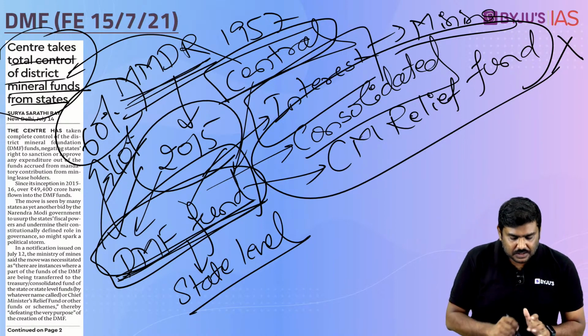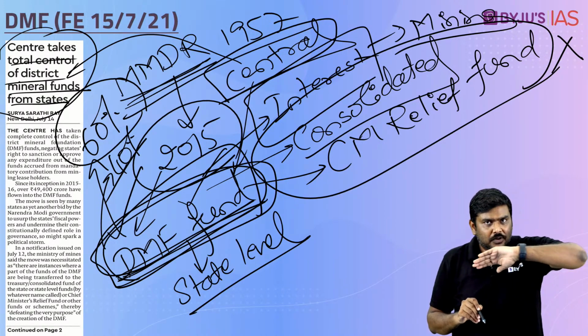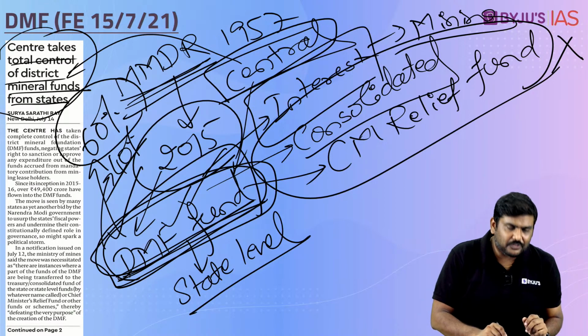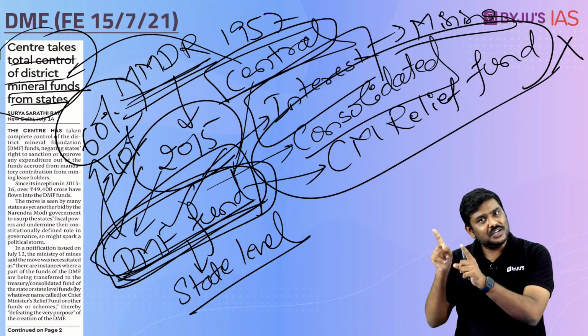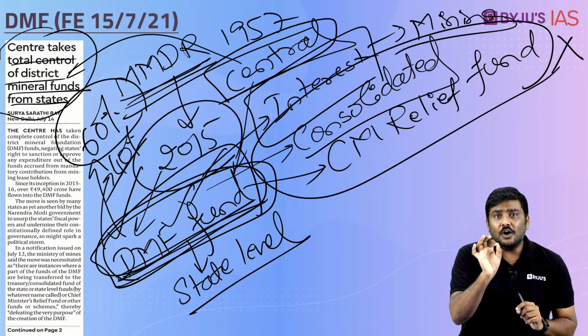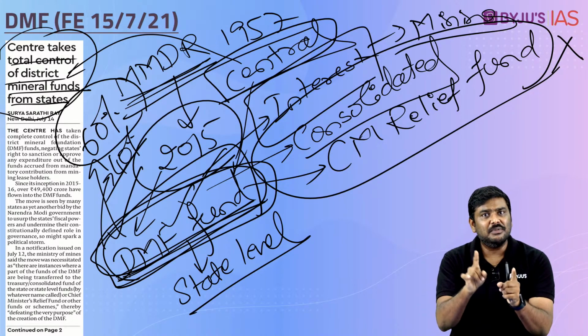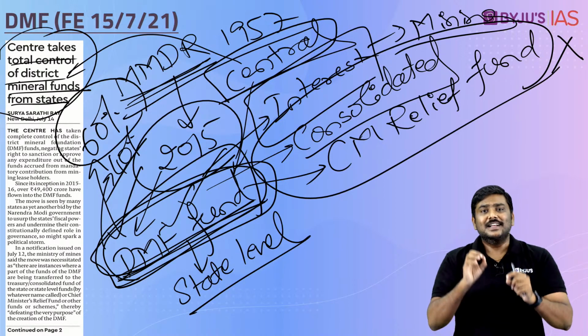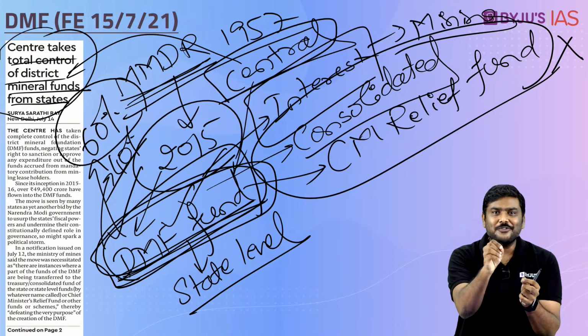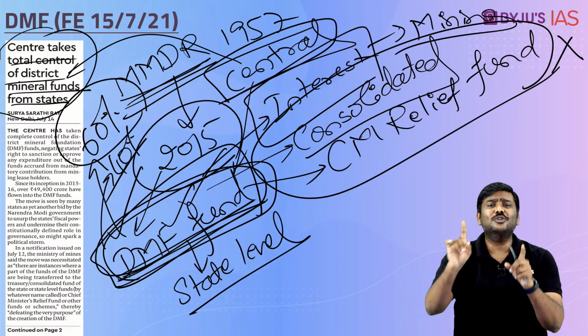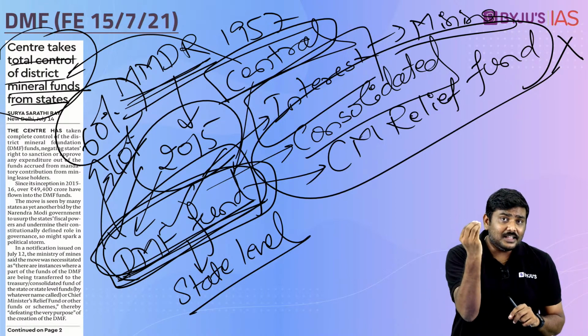Now, apart from this, from where will the funds come into the DMF fund? This could again be a potential question in the UPSC prelims. The central government out of its pocket is not going to provide any money to the DMF fund. Remember this, I will repeat it. The central government out of the Consolidated Fund of India will not transfer anything to this DMF fund. Then from where will the money come?